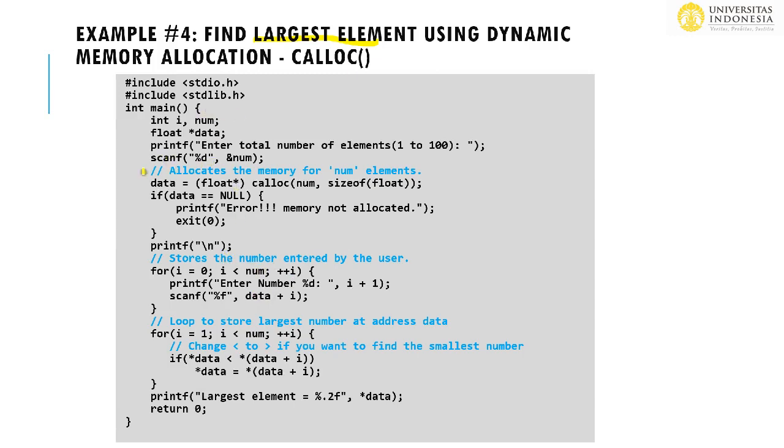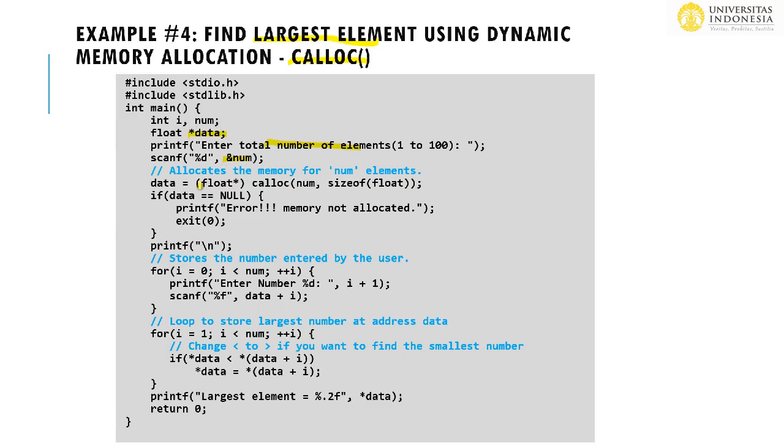And in this case, it's quite a simple one without any function used in this program. So using calloc, the location of the memory is consecutively located, or it's a contiguous allocation. So the first one, you want to print the total number of elements. For example, you limit only to 1 to 100, and you scanf the number of the data, and you have